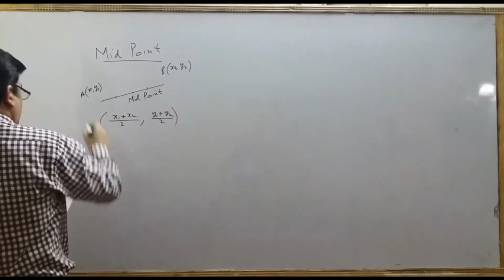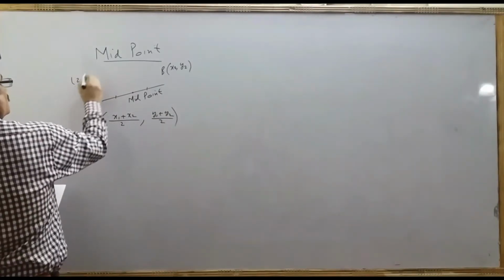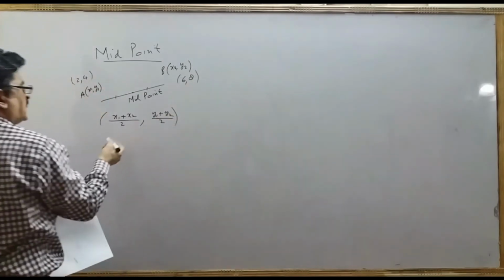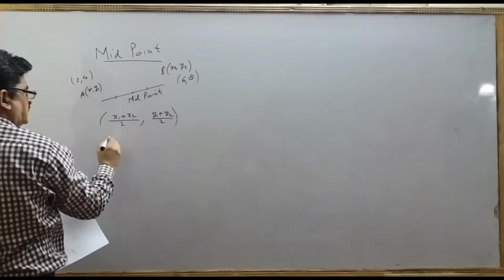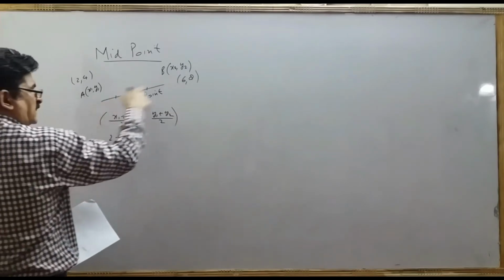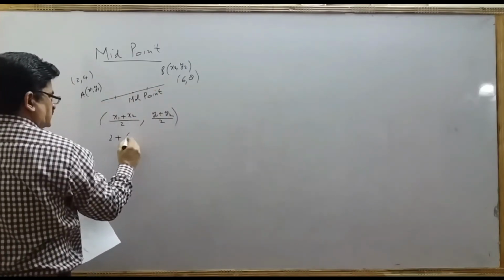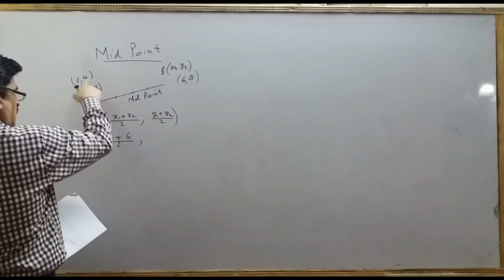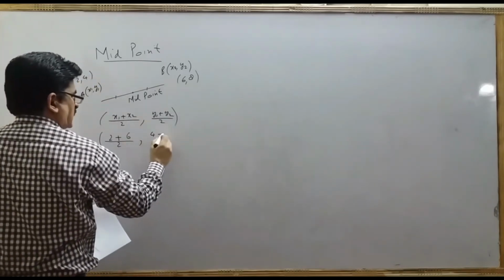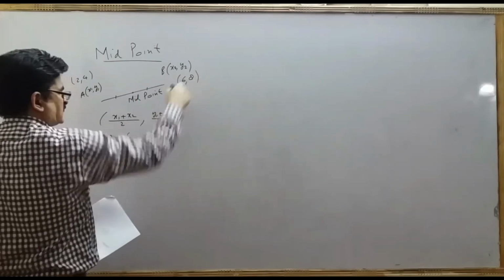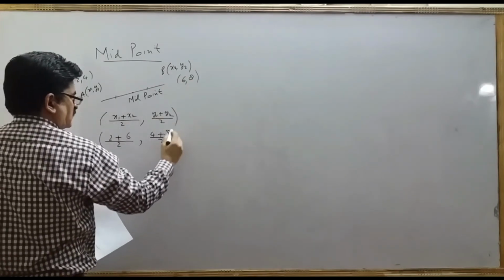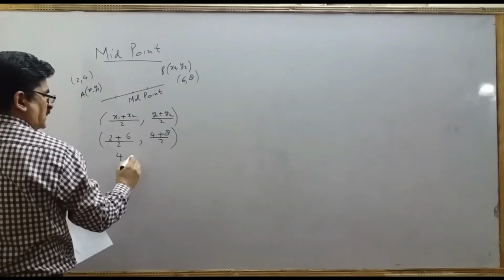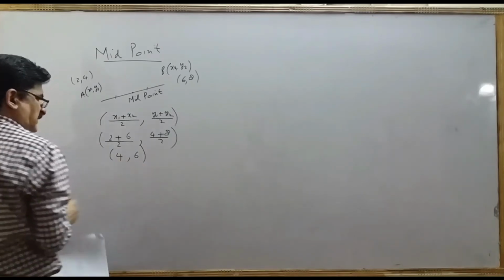For example, if you have this point (2, 4) and you have this point as (6, 8), how will you find the midpoint? First coordinate, which is x of this endpoint, plus x coordinate of this second endpoint divided by 2. Now y coordinate of this point plus y coordinate of this endpoint divided by 2. You will get (4, 6). This is how to find the midpoint.